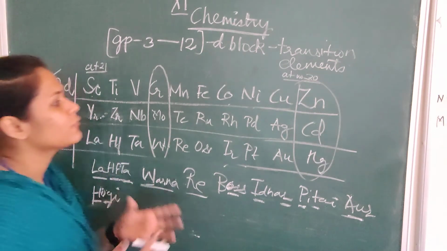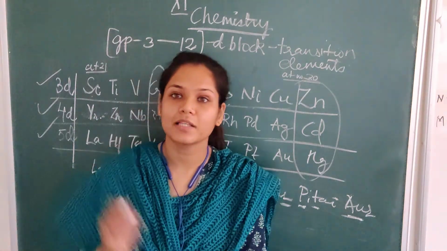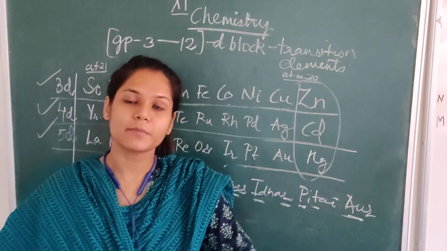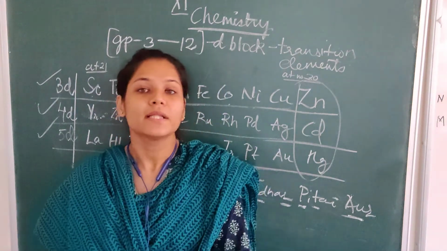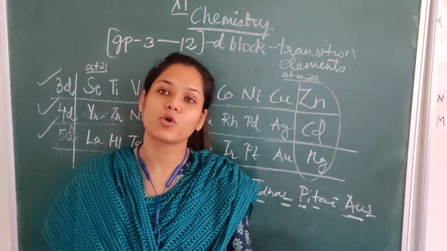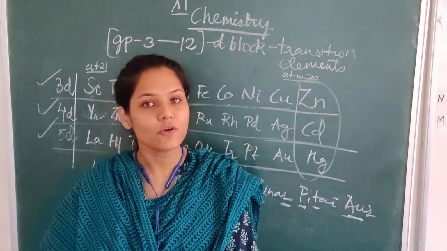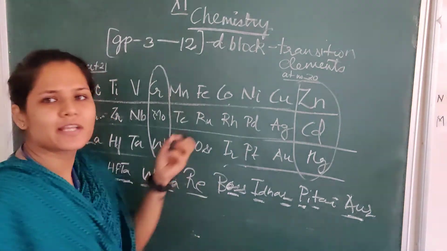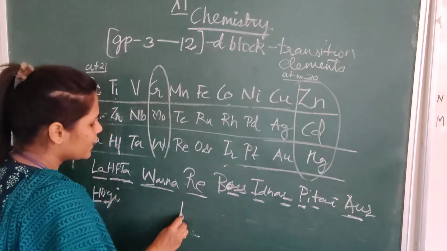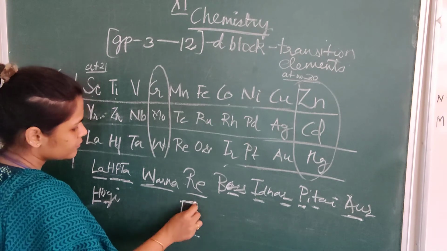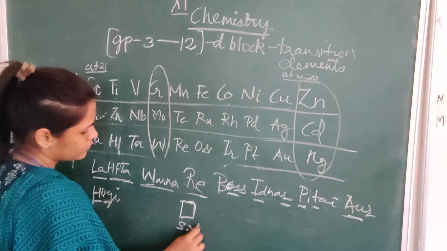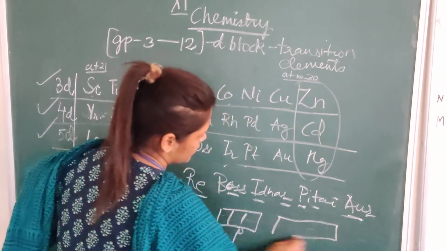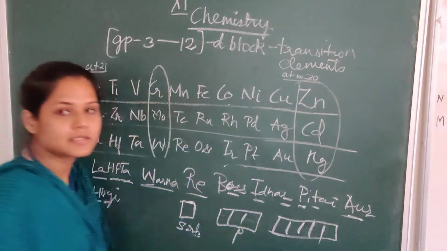And the basic rule that you have to keep in mind for periods is that the number of the period is equal to the principal quantum number. If the principal quantum number is 2, then your period will be second. If the principal quantum number is 4, then your period will be fourth. Okay, this you have to remember. One more very short point: if we have the s orbital, this is p, and this is d orbital.